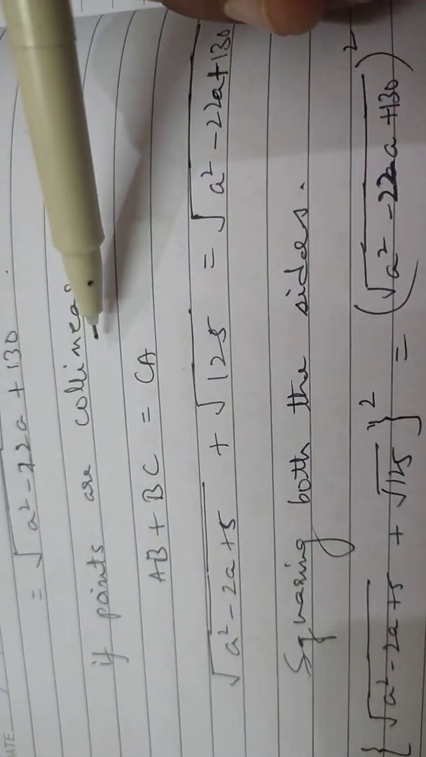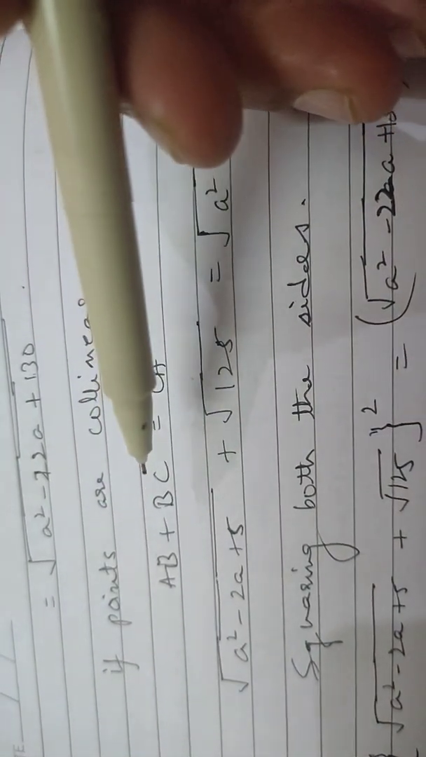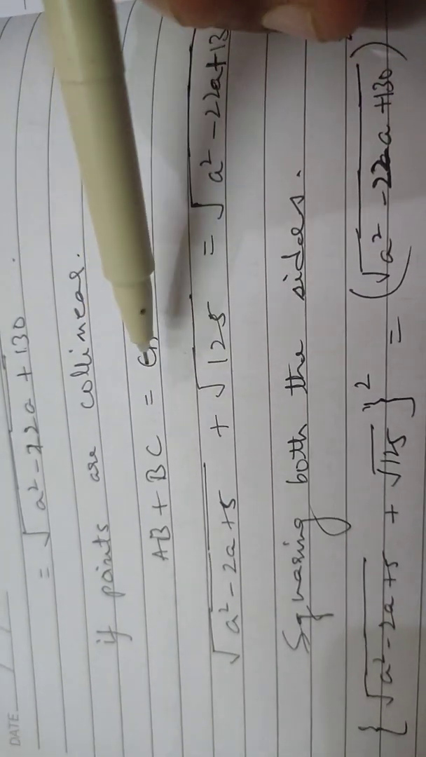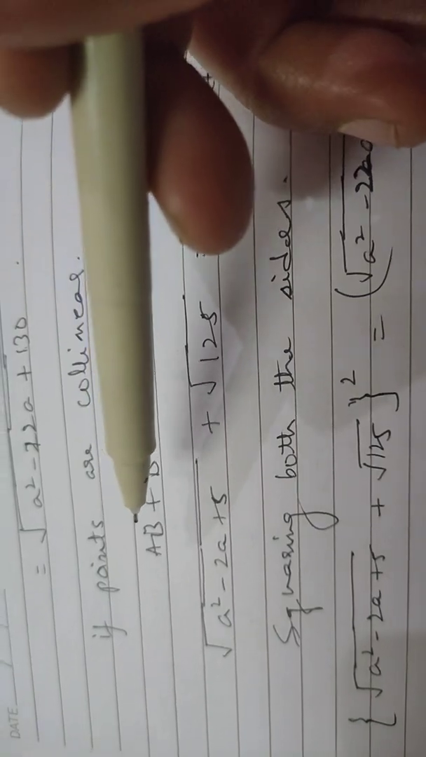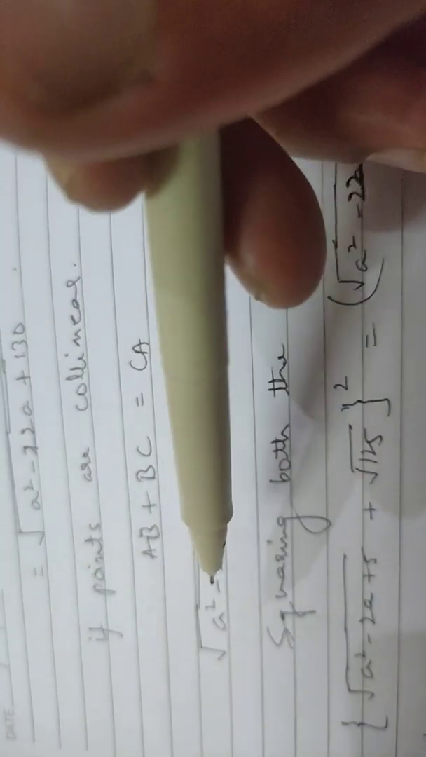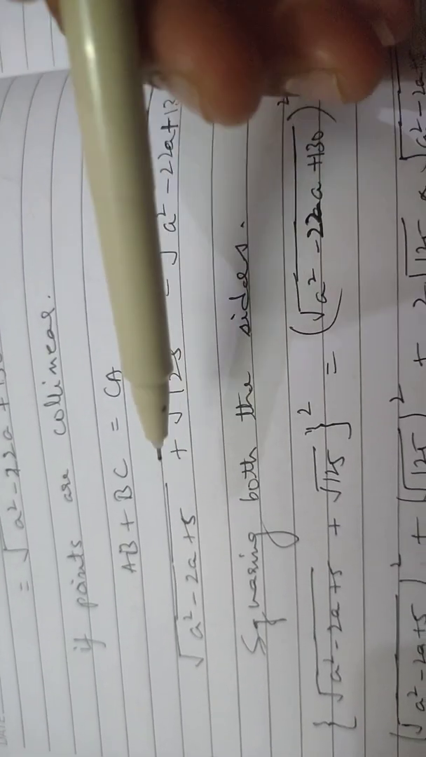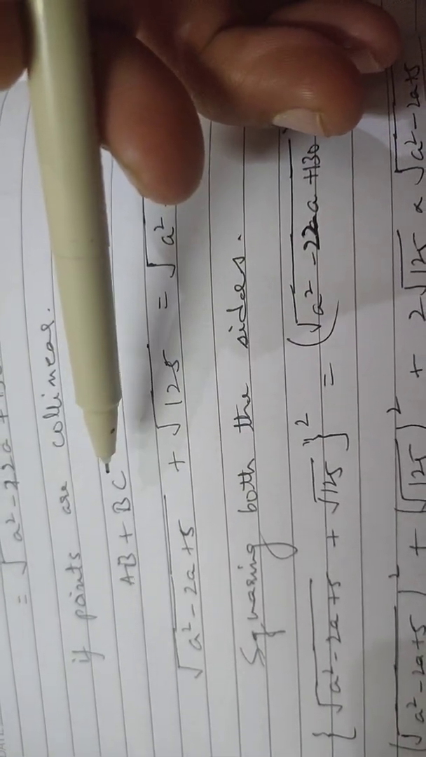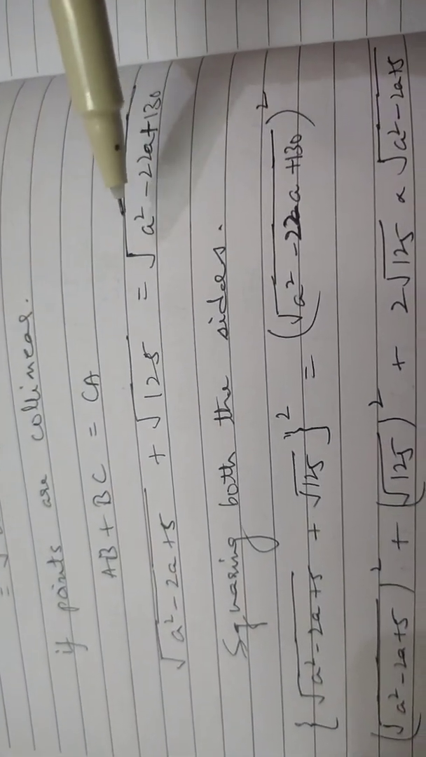Now since it was given that the points are collinear, it means that if you take the distance AB and add it with the distance BC, then it will be equal to the total distance between A and C point. So I have written the distance of AB, that is under root a square minus 2a plus 5, then plus BC distance, that is root 125, and then equal to CA distance, that is under root a square minus 22a plus 130. Now what we are going to do, we are going to square up both the sides,